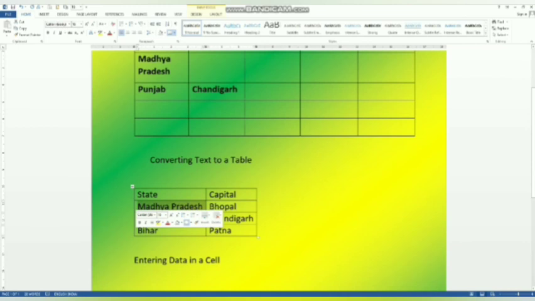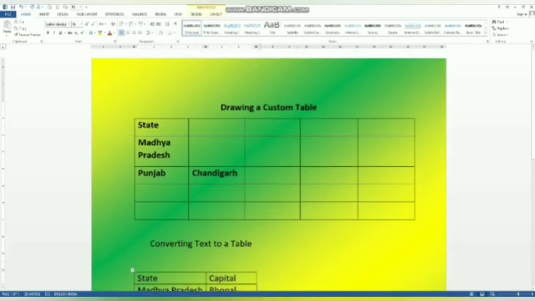And if you want to select the cells, then click any cell and drag through the cells like this. And if you want to select non-adjacent cells in the table, simply select one cell, press Ctrl key and double click the cells one by one with keeping Ctrl key pressed like this. You can select the cells.